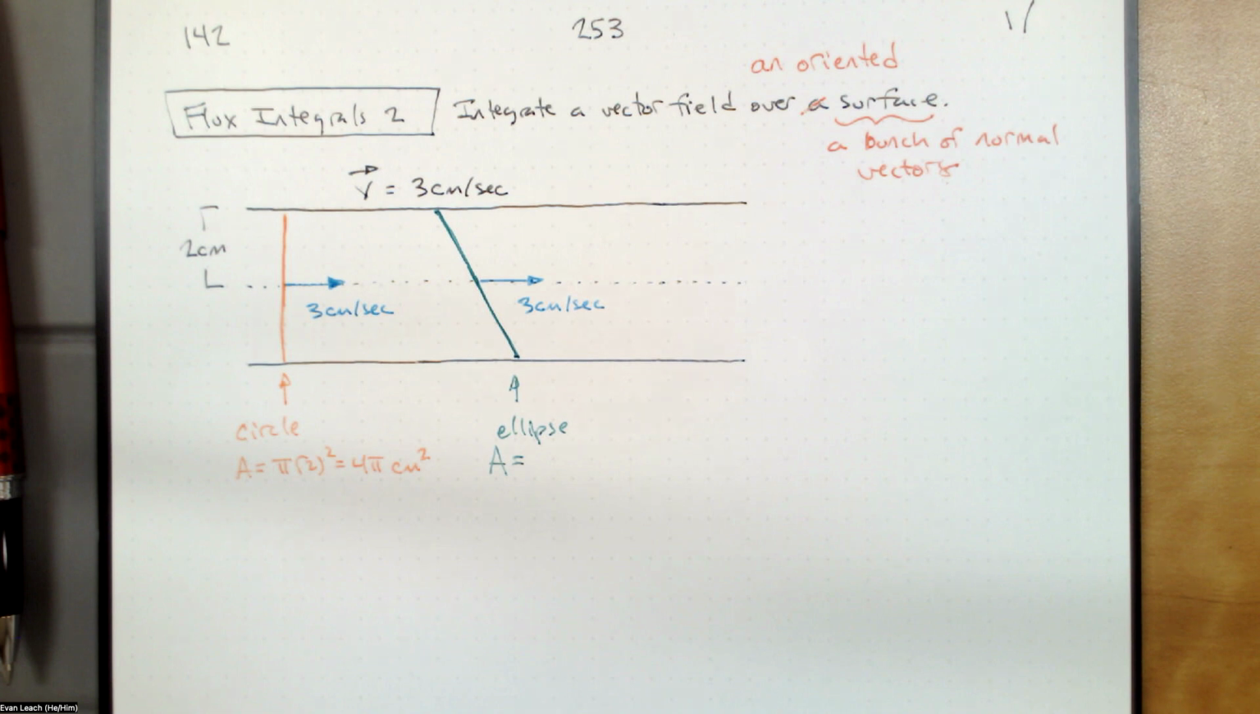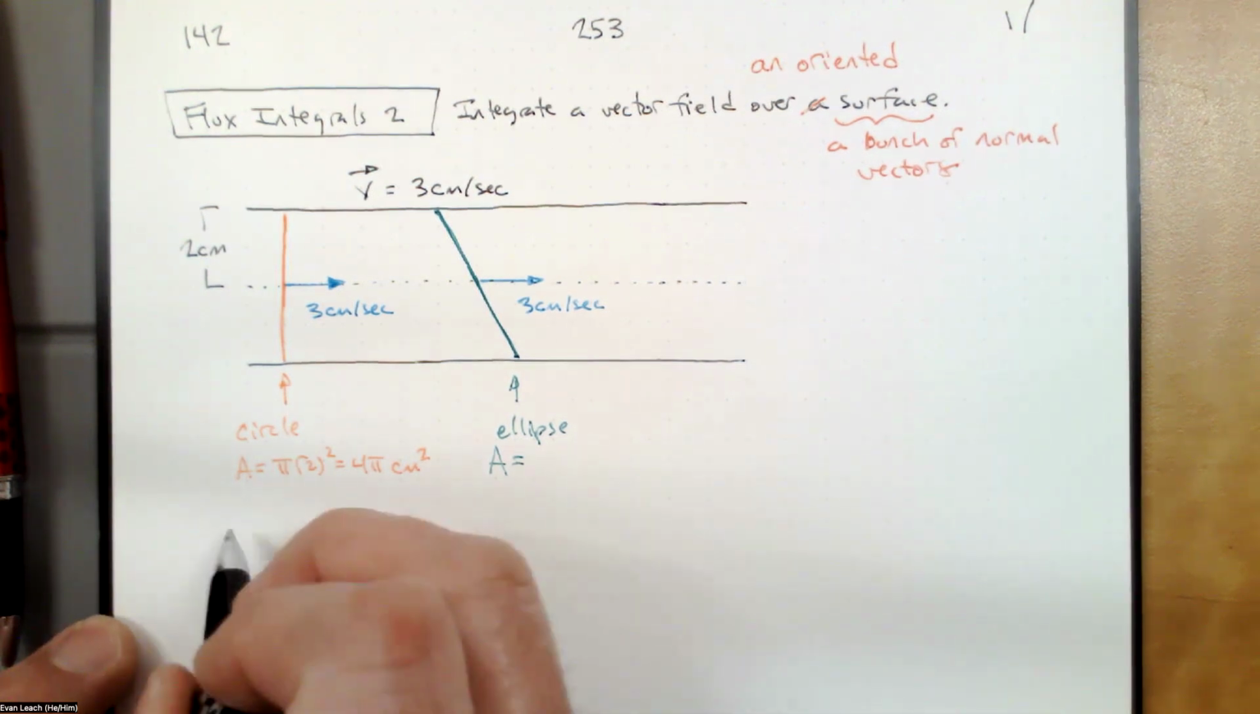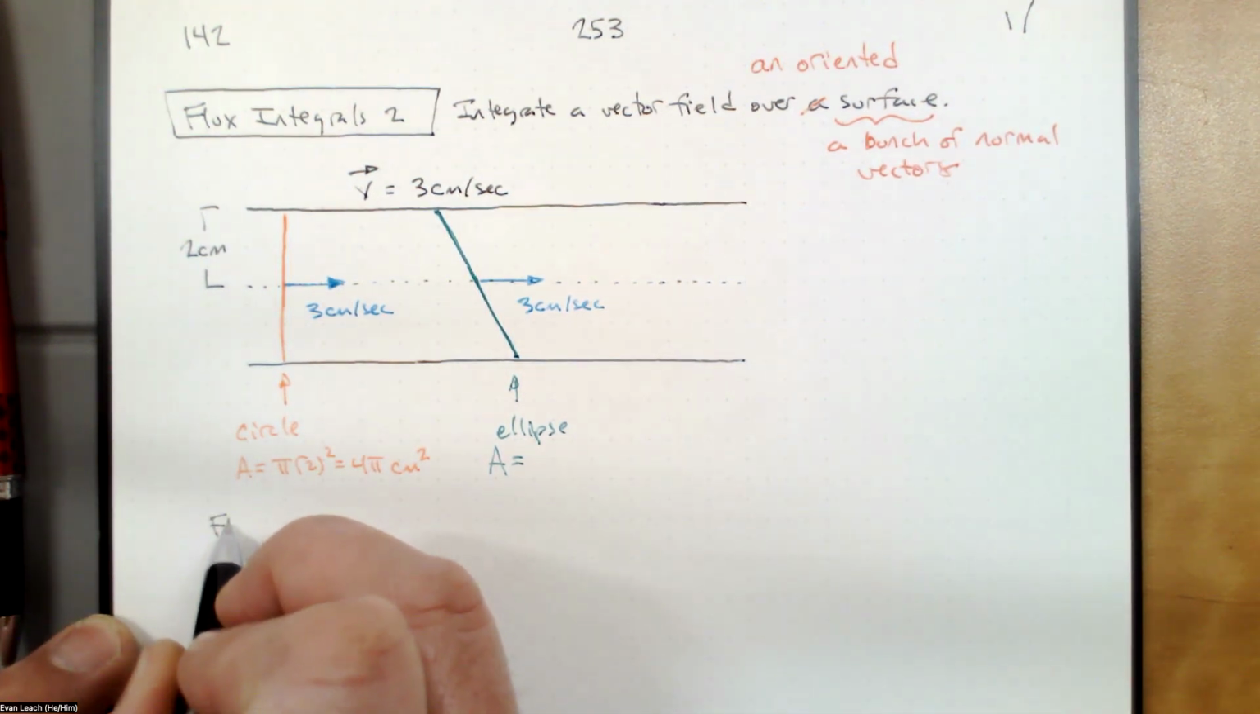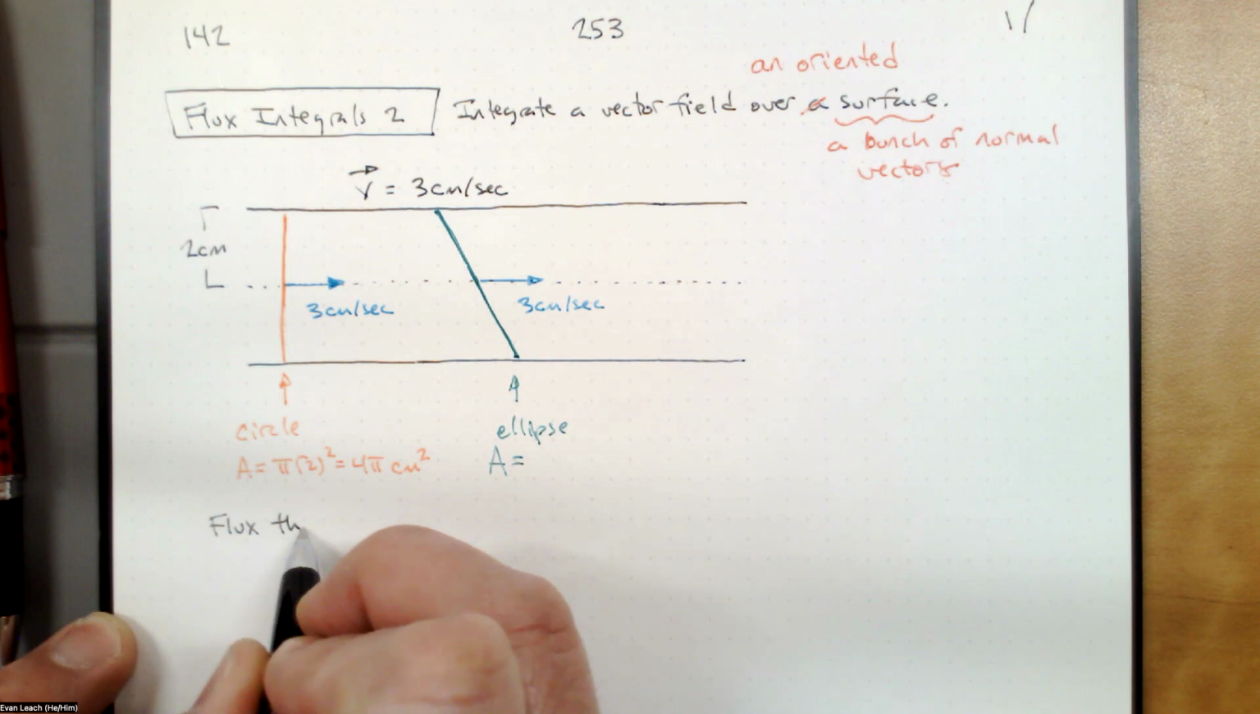So yesterday we had this problem, which was we had water flowing at 3 centimeters per second everywhere in a cylinder with a radius of 2 centimeters. Then we looked at a circle that is perpendicular. That circle is a cross section of the cylinder, so the area is 4 pi square centimeters. If we calculate the volume of water, the rate at which water flows through the cylinder, the flux through the cylinder,